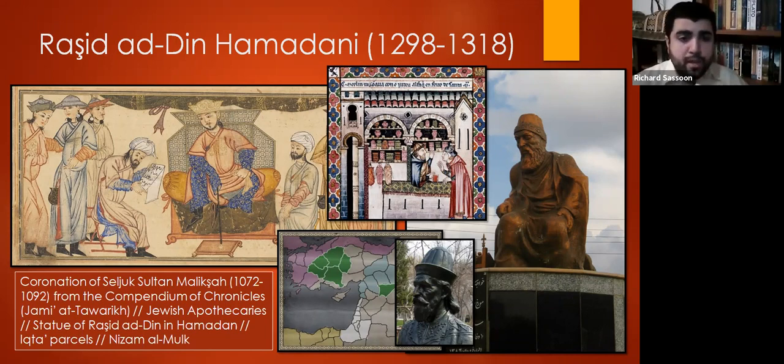If you look at the picture in the upper left-hand side, you can probably recognize this picture. This is a picture of Melik Shah, who was one of the Seljuk sultans. We've seen a number of these pictures, especially in our lecture 2 weeks ago. And all of these pictures come from illustrated versions of the Jami' at-Tawarikh. So these compendiums of history give us the clearest understanding of what happened during the Ilkhanate period, and also many of the periods before, like the